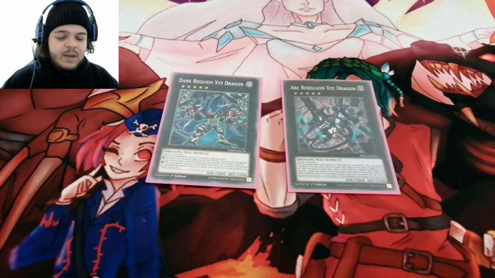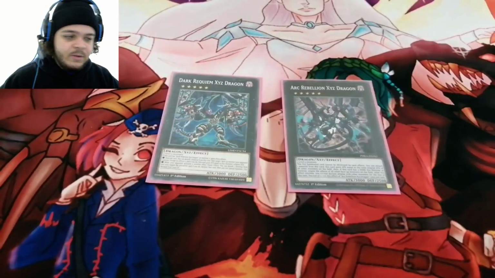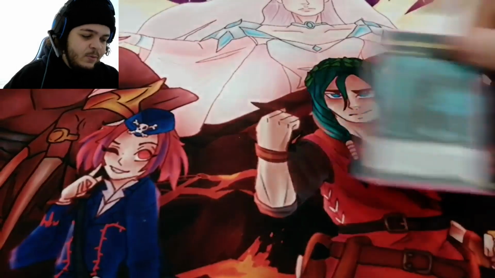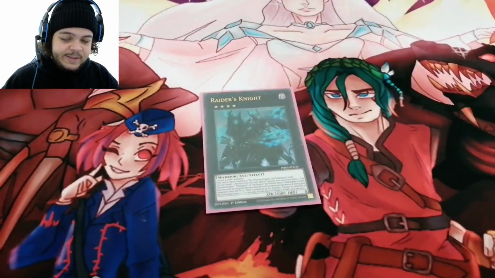the Link, because I forgot its name. Because when you special summon a Dark Xyz to a zone it points to, it pops a card on the field. So, moving on to the next Xyzs, we have 1 copy of Raider's Knight. This helps you rank up or rank down, so you can go into things like the Arc Rebellion, or you can go into a